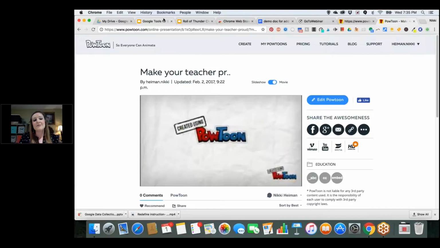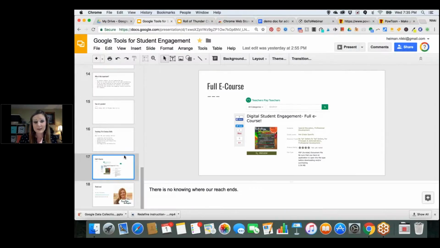That always comes on so loud it makes me jump. Okay. So anyway, to talk about the full course, this is a huge, huge project because, like I had mentioned before, when we put all of these pieces together, that is really complex and it can be completely overwhelming. So what I have done is completely broken it down into little small steps. So what can we do with Google Slides? What can we do with Google Docs and Sheets? And how can we collect data? Because we know that we teach using data-driven instruction. How can we make it accessible for students with disabilities? How can we provide an authentic audience for our students to create projects and products that are super cool? And how can we combine the different forms of apps and online tools so that it means something for the student